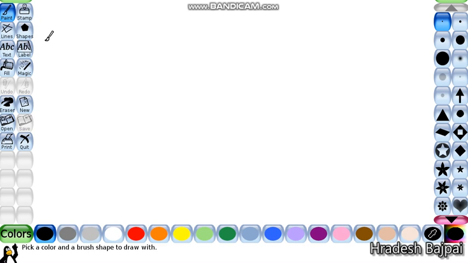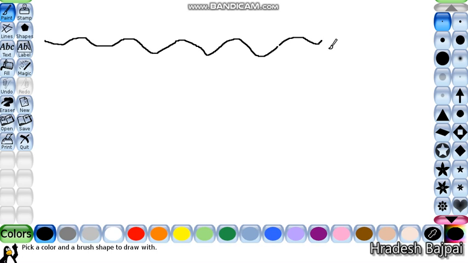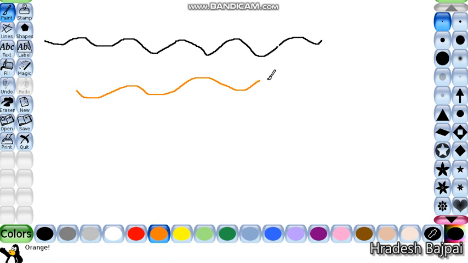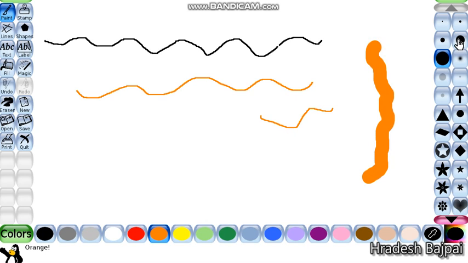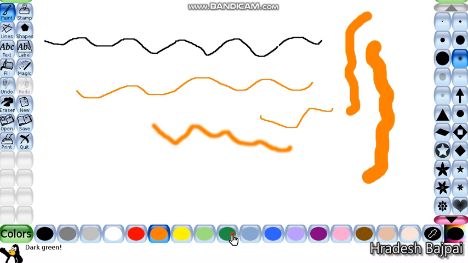Using this we can draw anything on the screen. You all can see here, I have drawn with black color, and if you want to change the color, you can choose any color from there and you can draw. Here you can see I'm using this brush. From this list I can choose any. I have chosen the thicker one, so I'm just showing you the thickness of the brush. And we have this haze option also. You all can see now.